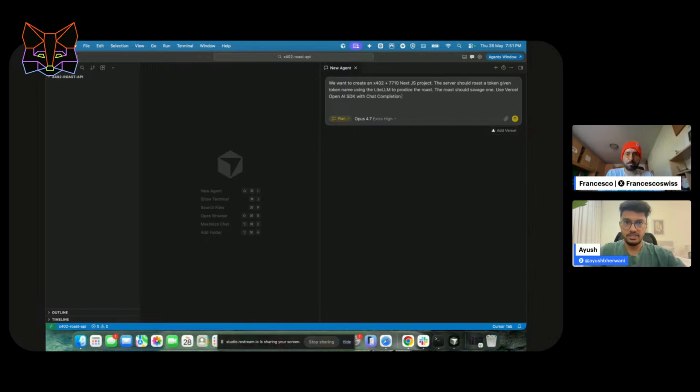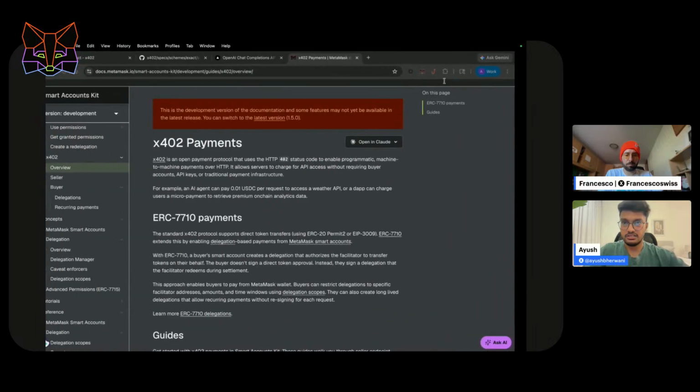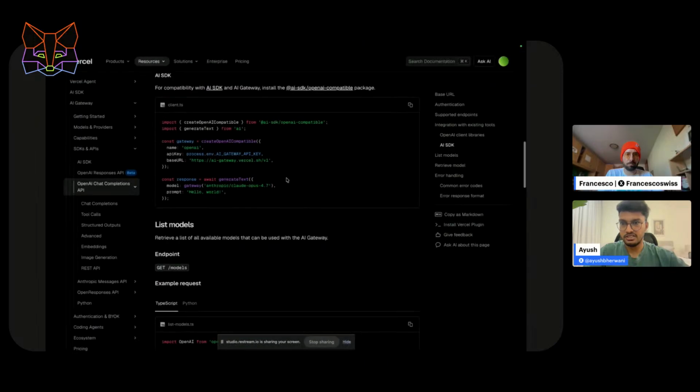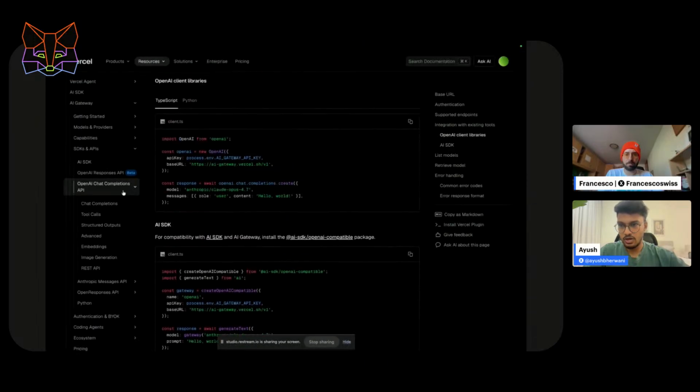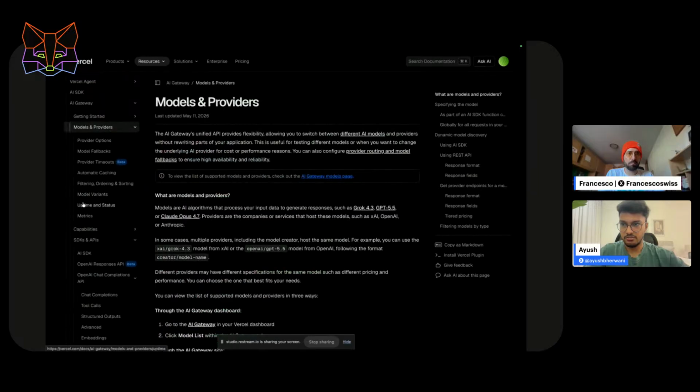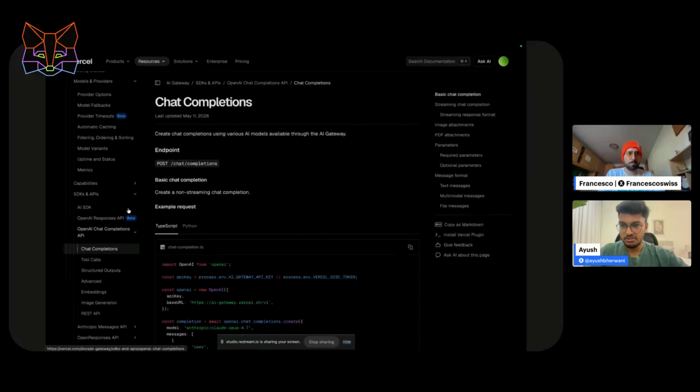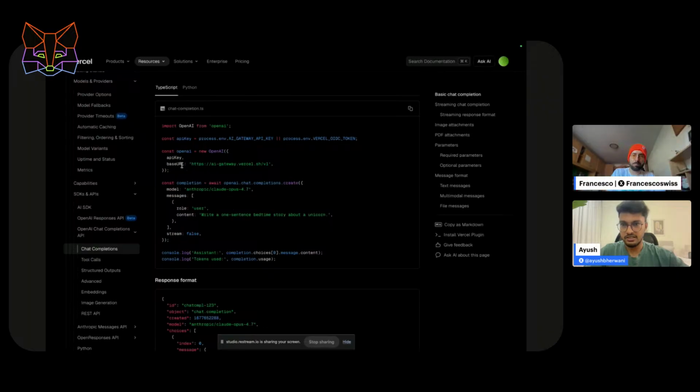If you have not worked with the OpenAI SDK chat completions, by default you have the models built in, and you can use those connectors directly. But if you don't find a model and provider there, you can use chat completion, where you provide the base URL, define the model, and send the message.